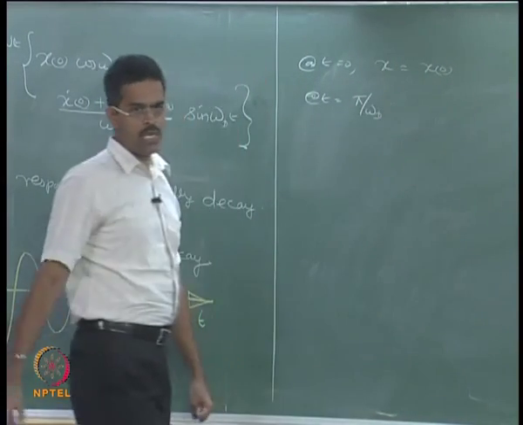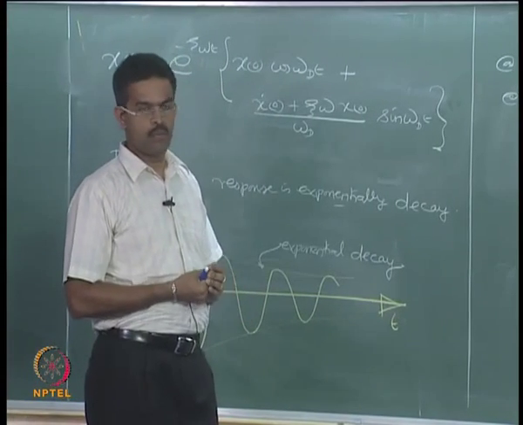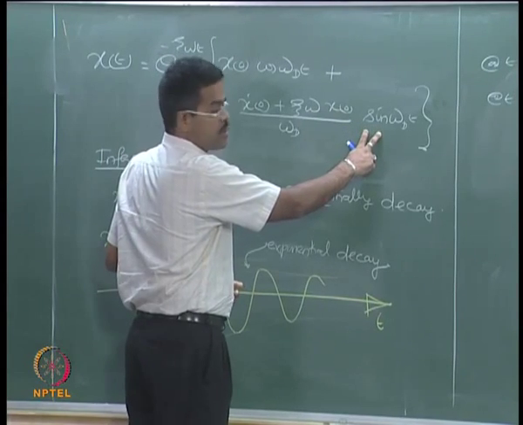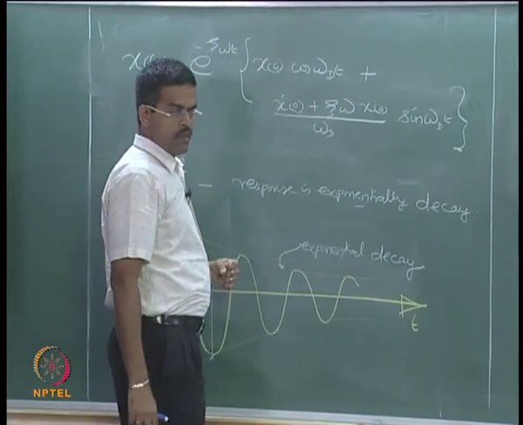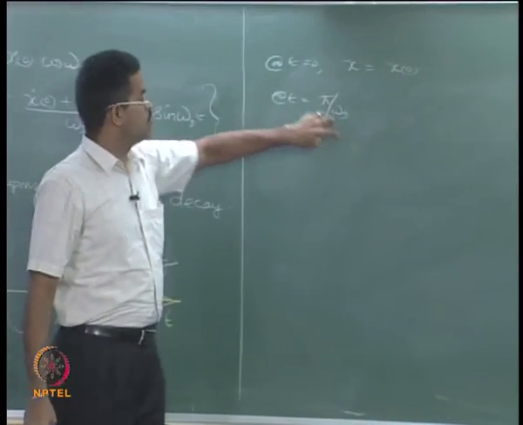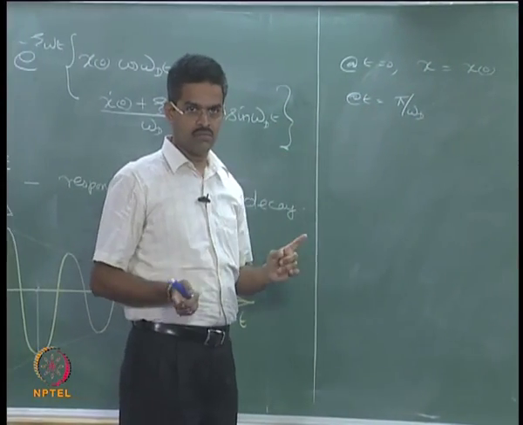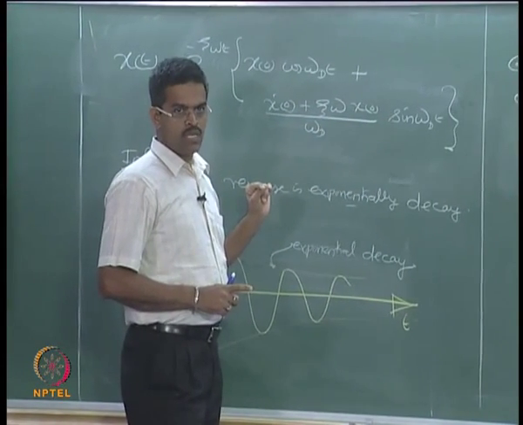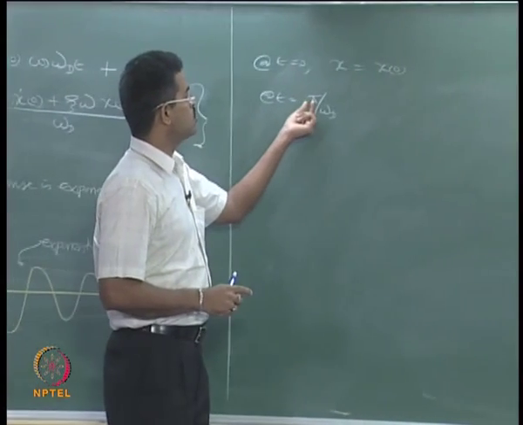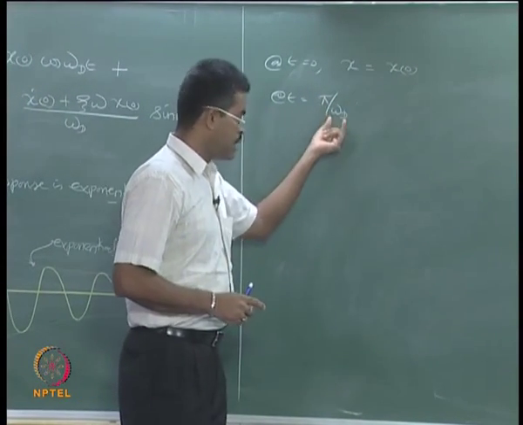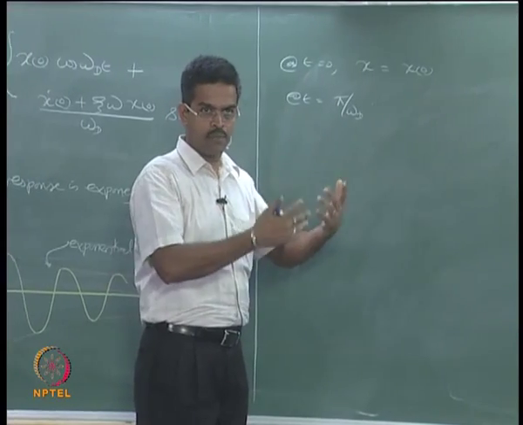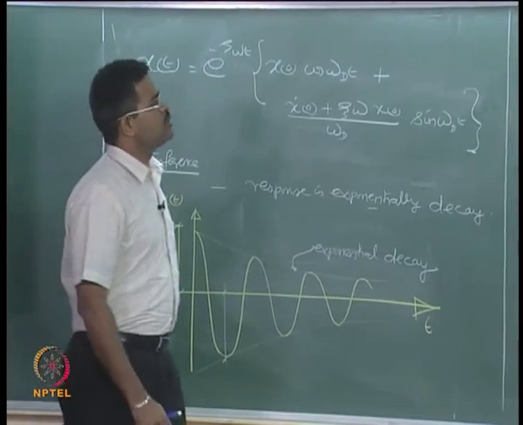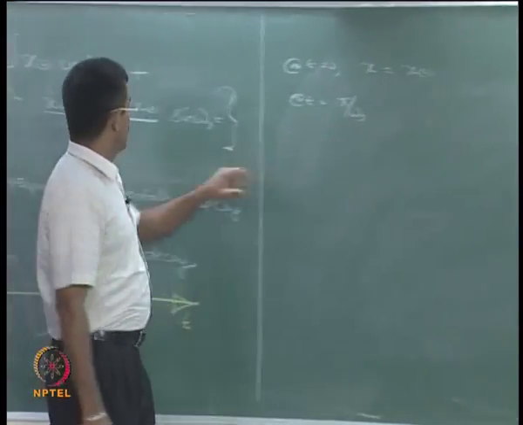You may wonder how I am picking up this number, very important. You can see here the cosine and sine relationships are functions of omega d. If I take this value in the denominator and introduce pi here, I can see a phase difference by eliminating the omega d. Keep on doing it for different multiples of pi, treating the denominator as omega d, that is pi, 2 pi, 3 pi and so on. See what happens, you will get an interesting conclusion from this. So, I want you to evaluate this equation at t is equal to pi by omega d.